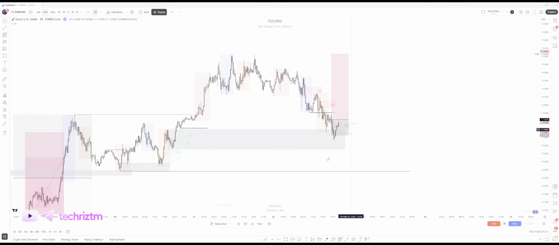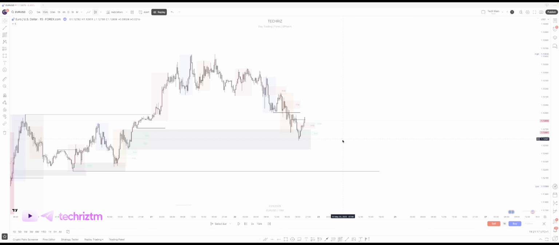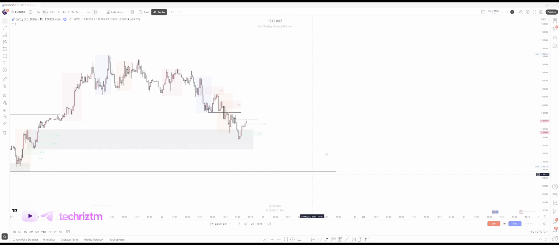Okay, you can see that now this low was taken, and price fed into this demand properly, right? So if I actually want to even take a trade, I will not take any until price has come above this level and close with the body. So when price comes above this level and closes with the body, this is another block here,